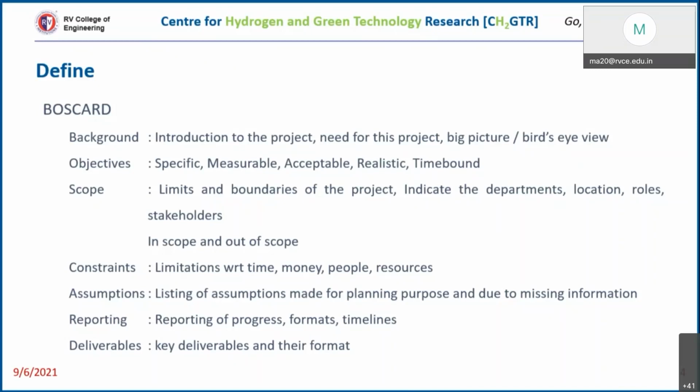So that is in scope and out of scope. That is what you need to specify when it comes to the scope, and indicate the departments that are involved. So when you go to a company, there might be many departments in one company, right? Especially just because there are many process engineers or chemical engineers here. If I want to speak in the chemical engineering language, there will be production, maintenance, R&D, supply chain. These are the different departments. In order to execute a project, what are the departments that are involved?